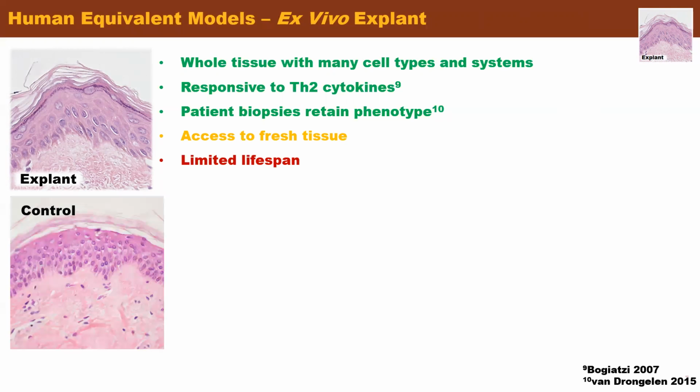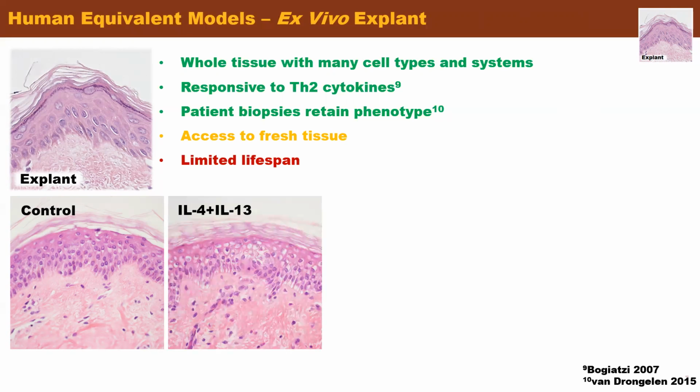This is a representative image of control skin tissue cultured at the air-liquid interface for 7 days, compared to tissue exposed to interleukin 4 and 13, where we see spongiosis in the stratum spinosum and movement of cells in the dermis toward the epidermis. Whole-mount staining can also be done on ex vivo explant cultures, but in this case, I'm